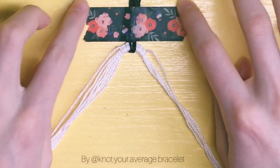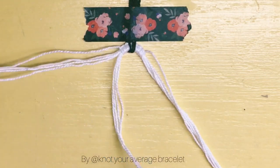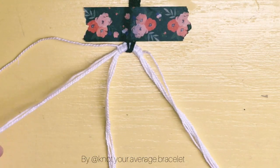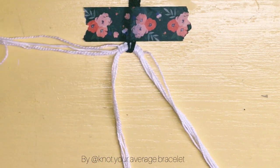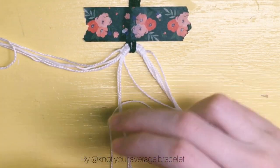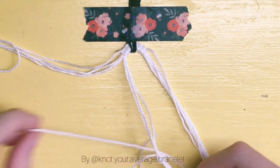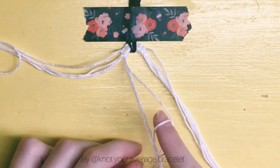Now in this part, you're going to assemble your loop how I have it, and you're going to split your strings. It doesn't really have to be in half. There's not always an even number, but I did 4 on one side and 5 on the other side. And you don't have to do the same thing because you're probably not going to have the same strings as me. And you're going to take one of those strings and do a backward knot onto it, 2 backward knots,